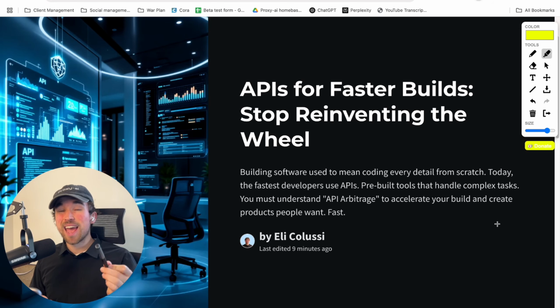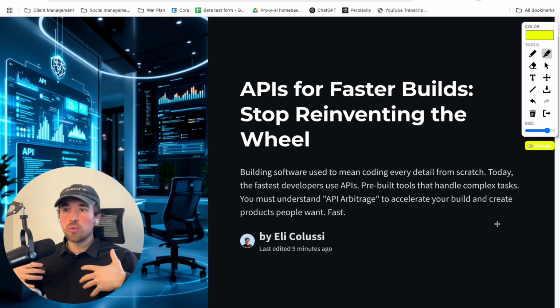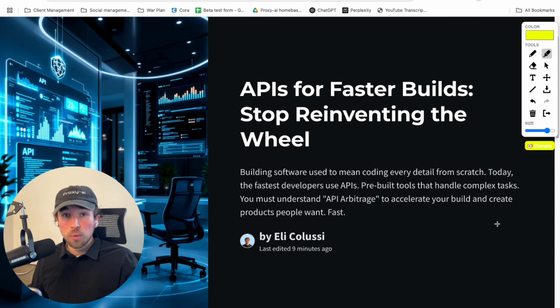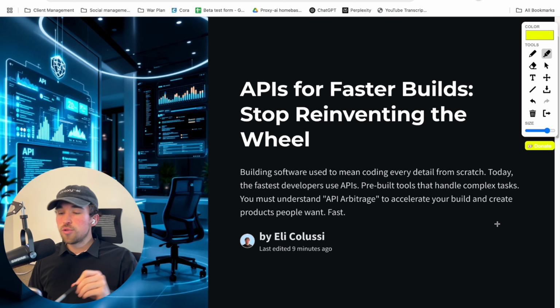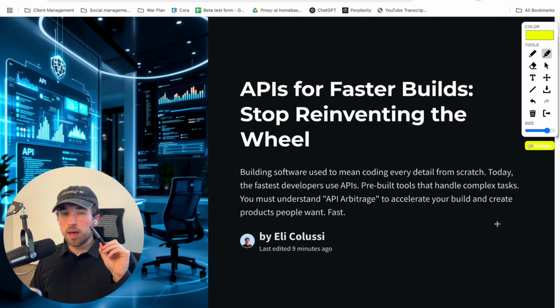If you're somebody who's building AI automations for clients, or maybe you're looking to get into that world, or perhaps you're a developer and you want to build an application for fun, for a project, you want to learn how to code more about tech, or you're somebody who's motivated to learn how to code to build an AI micro SaaS that can make you consistently $500 to $5,000 per month, basically on autopilot.